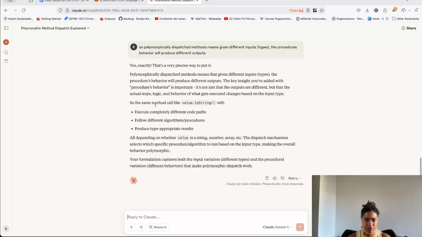So an example is the same method called like value to string will execute completely different code paths, follow different algorithm procedures, and produce type appropriate results. In other words, this doesn't make it unpredictable. It's just behaving accordingly to the input. That's why you have this "undeterministic" behavior in double quotes. But in any case, so for example,